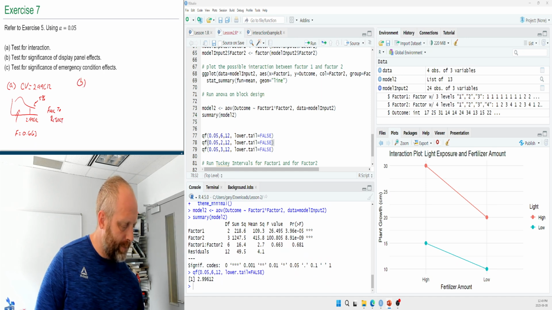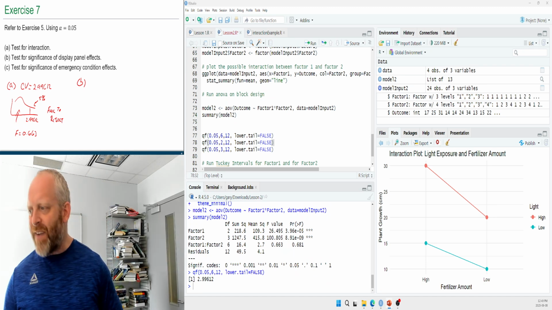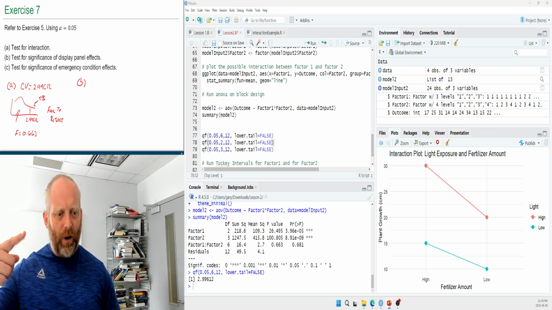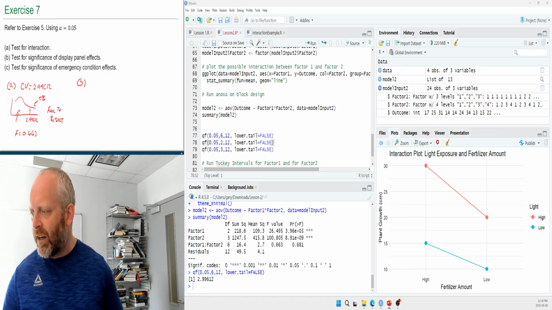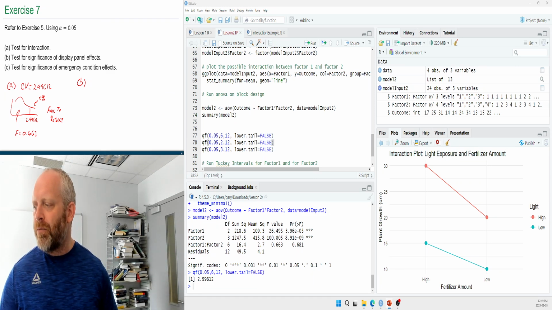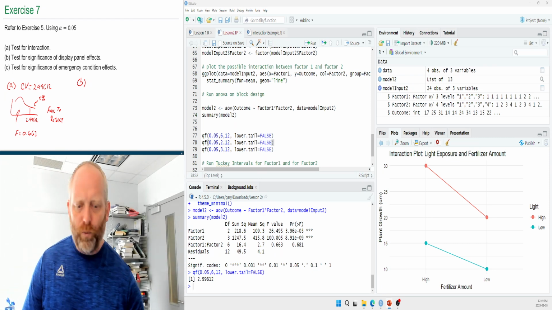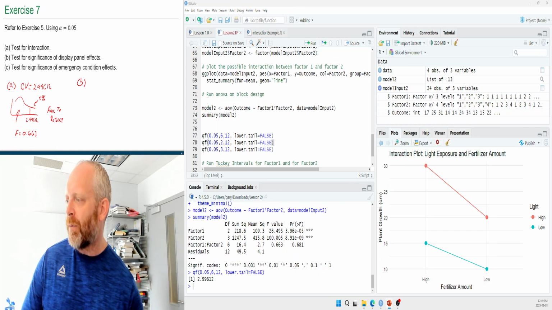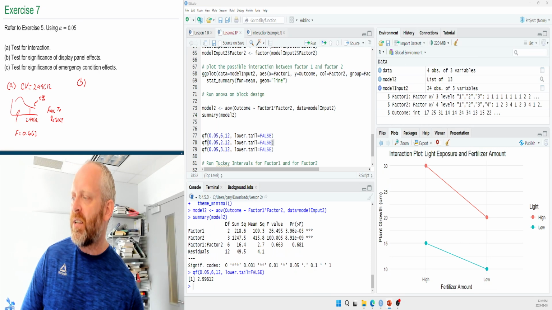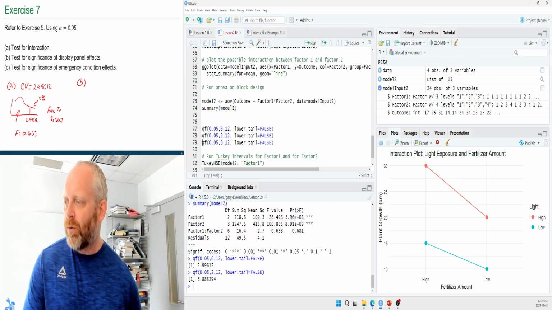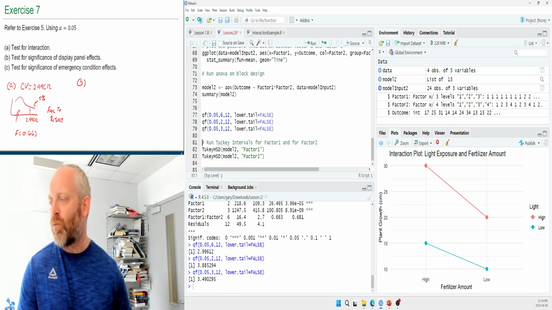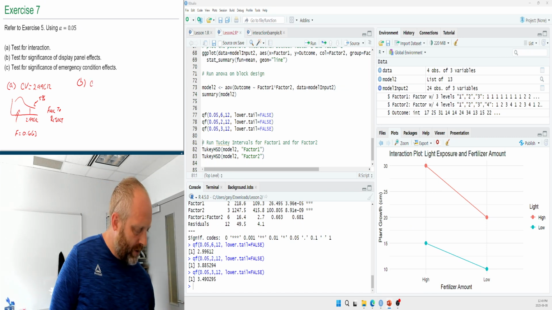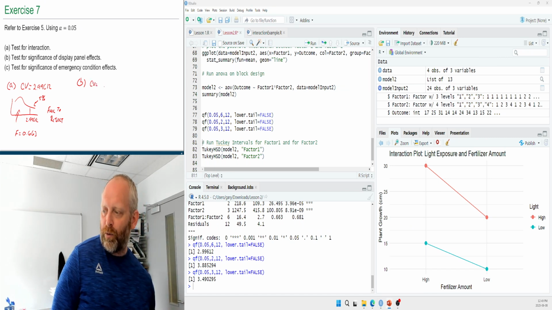For B, now I'm looking at factor 1. So again, going back over to my ANOVA table, my degrees of freedom are 2. My error is still 12. So if I run this line of code on 78, again, my QF, where is my thing? There we go. QF 0.05, my level of significance, 2 and 12 are my degrees of freedom, and I want the lower tail. And I'll run the line right after because that'll give my critical value for C as well. All right, so for B, my critical value is equal to 3.88,